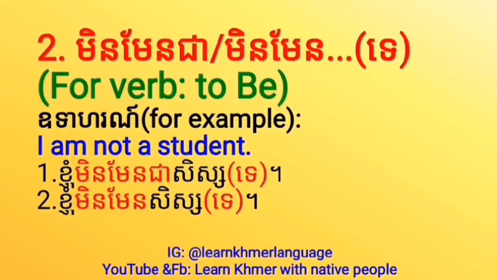Yes, and here is the second condition that we use with verb to be. So for verb to be, we use the negative word mình men chia or mình men te. For example, I am not a student. We can say ខ្ញុំមិនមែនជាសិស្សទេ or we can say ខ្ញុំមិនមែនសិស្សទេ